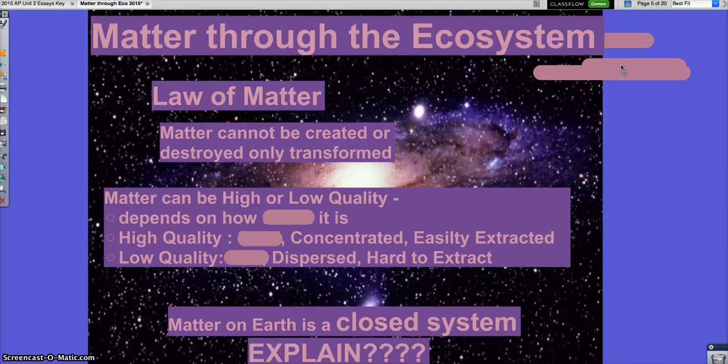You want to reference matter as low and high quality. And that depends on what? Generally, what do you think of when you think of high quality matter? If I'm telling you it's concentrated, easily extracted. Concentrated is probably the key word. Sturdy. What else? Available, yeah. Or easy to get. What are examples of high quality matter, concentrated matter, versus low quality, which we call dispersed matter? Awesome. So you go from solid, liquid to gas, and that's where the matter's state changes, or how useful it's going to be.